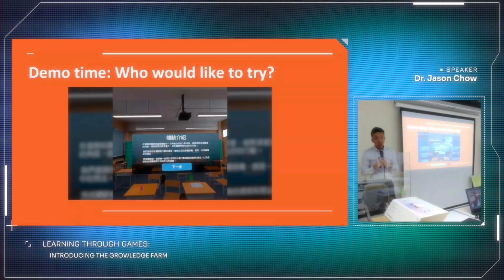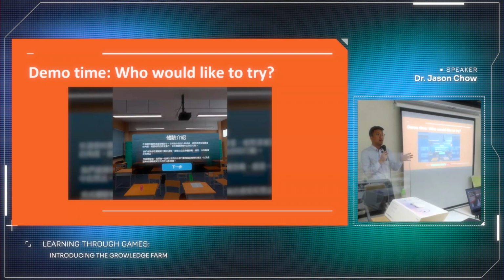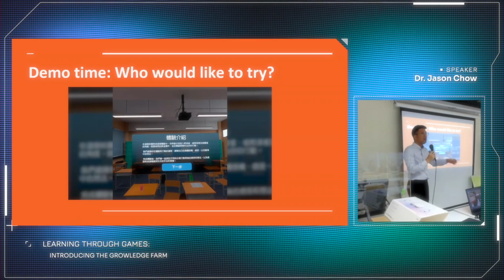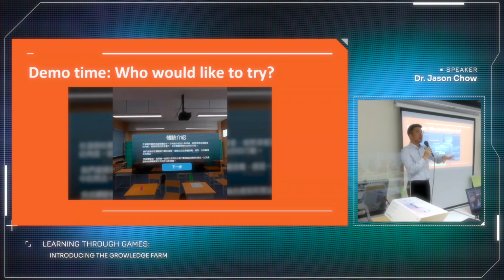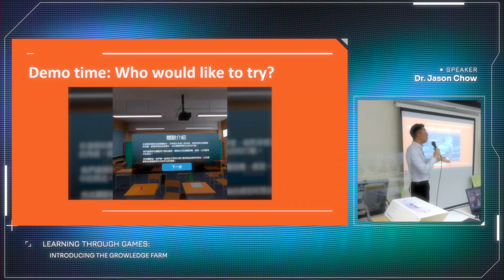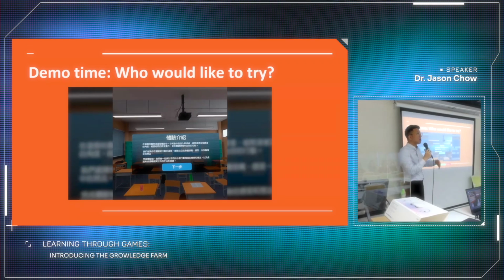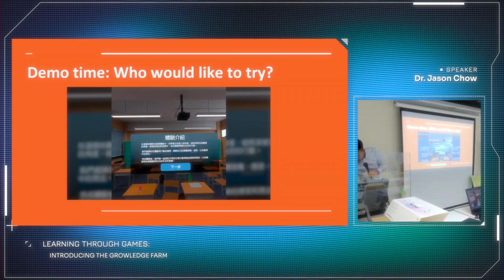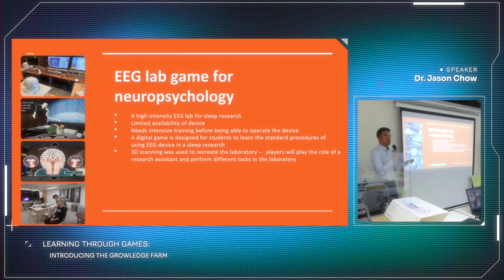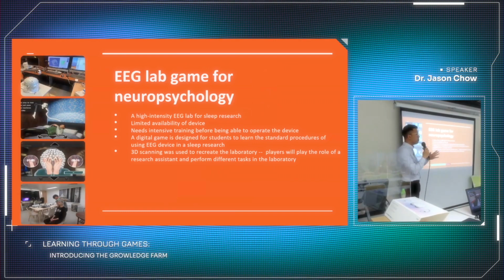And of course, you can see that there are lots of limitations. If you need to use a VR headset and the device in teaching, you can imagine if 20 students are using the same device in your class, it will be quite difficult to manage. So sometimes we also provide technical support to our teachers if they really use this kind of device in their classroom. So this is one of the examples used by our colleagues.